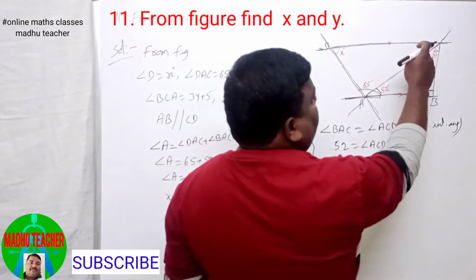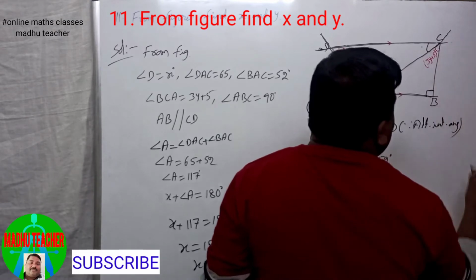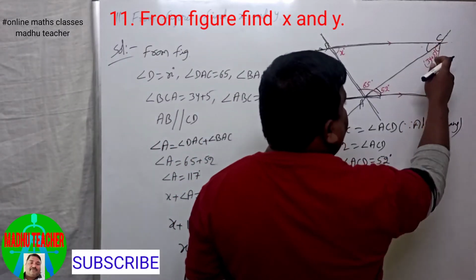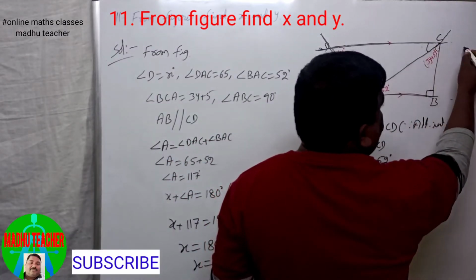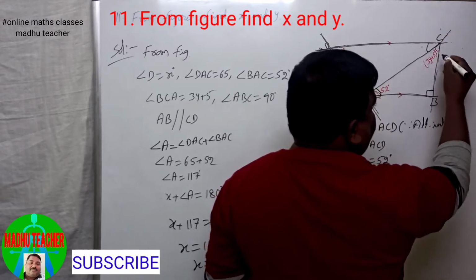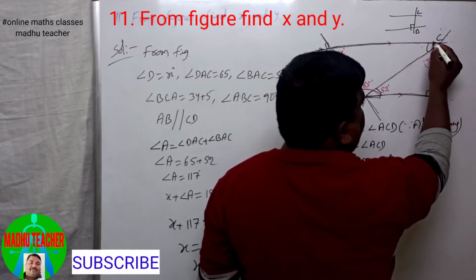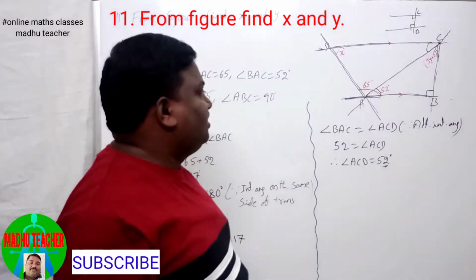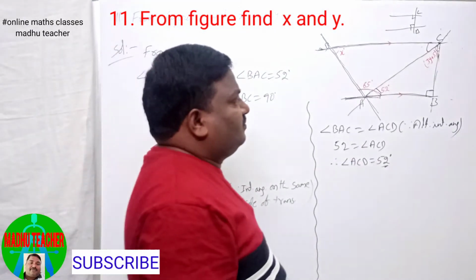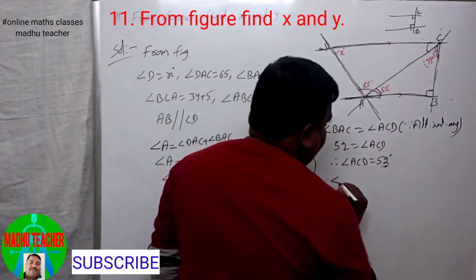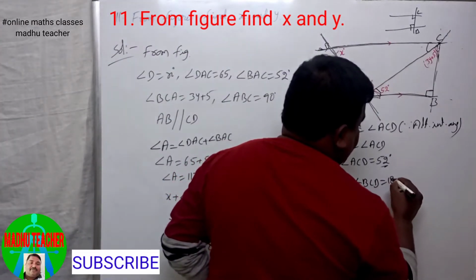Here, these two angles. This is the C. This angle B and angle C; C means angle BCD. These two are parallel and this is the transversal. So this is B and it is the C. These two are interior angles on the same side of the transversal. Therefore, they are supplementary. That means angle B plus angle BCD equal to 180 degrees.